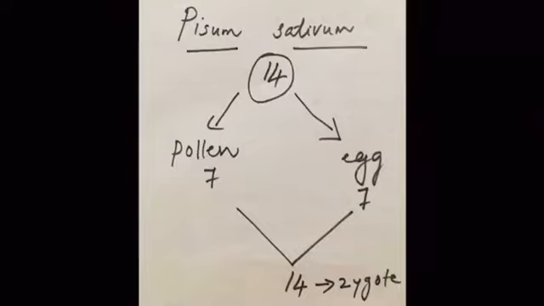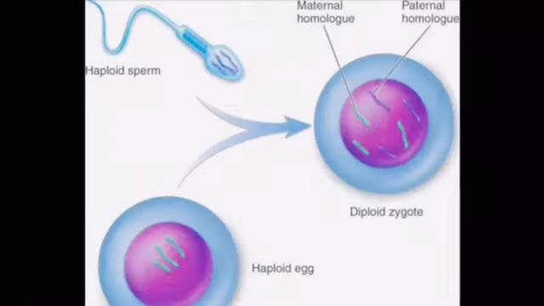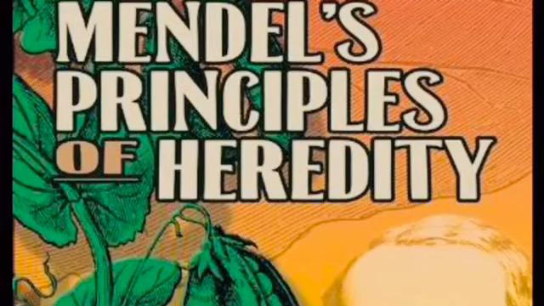Like in Homo sapiens, our case, you know that. Our chromosome number is 46, 23 from father and 23 from mother. That is, sperm contribution is 23 and egg contribution is 23, so that it will become 46 in the zygote. This is how DNA stability is maintained. Chromosome number is maintained constant generation after generation. So that's all about the laws framed by Gregor Johann Mendel based on the first experiment.